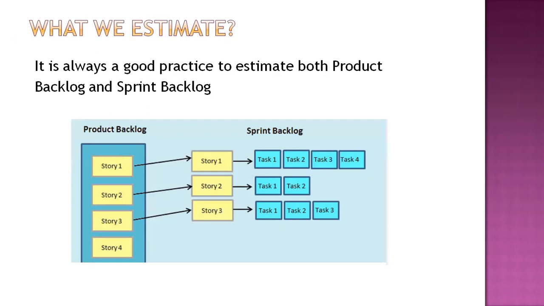Now let's go a little bit deeper. What are the things available in the product backlog? The product backlog is generally a master backlog, right? Which will have all the information that is available from the business, from anyone. I am a team member. I am proposing a nice to have functionality.